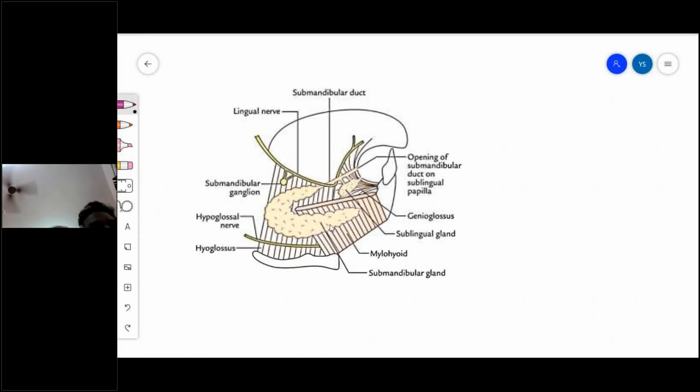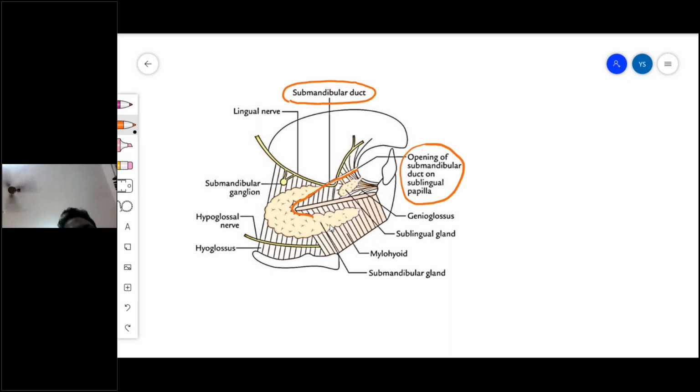Here, with the red circle, I show you the submandibular duct labeling. Can you see the submandibular duct? Yes, sir. Okay. With the red arrow here also I show you the submandibular duct. It starts from the superficial part and passes to the deep part at the floor of the mouth. At the floor of the mouth it is opening.